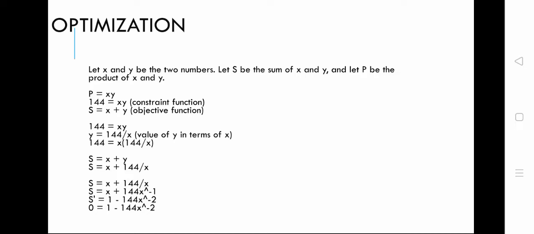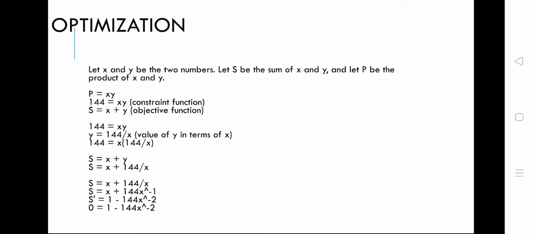So let's go back to the objective function. S is equal to x plus y. S is equal to x plus 144 over x. So let's now derive the function. S is equal to x plus 144 divided by x. Rewriting this will give us s is equal to x plus 144x raised to negative 1. Deriving it will give us s prime is equal to 1 minus 144x